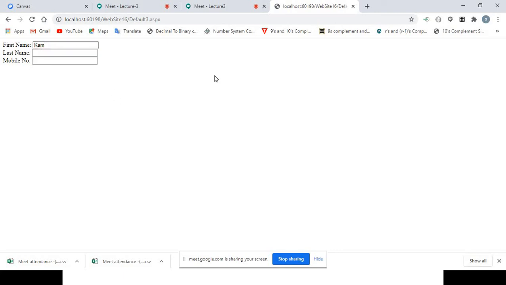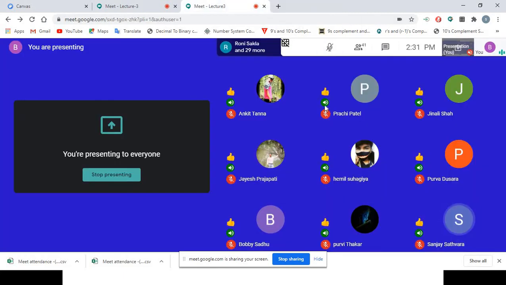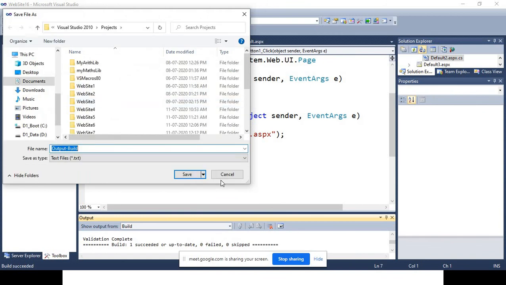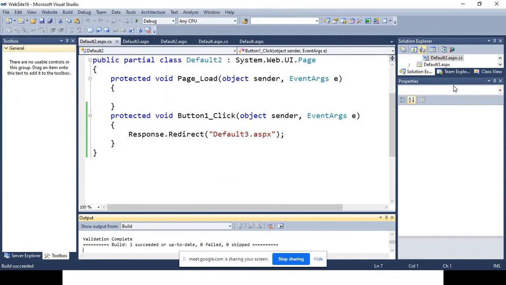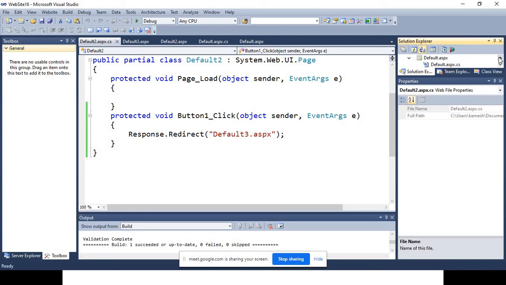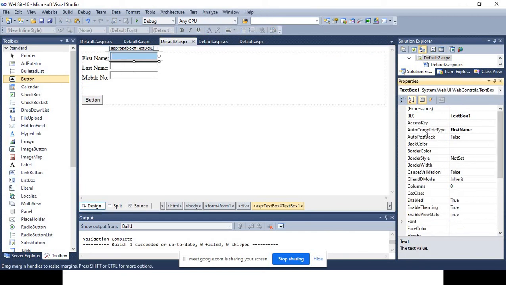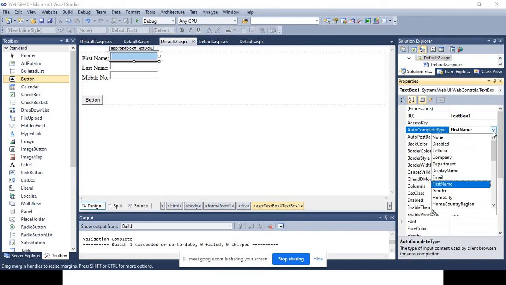So this is a small functionality which is available in the ASPX text box, and it is a property of the text box, called the autocomplete class. Here there are so many classes given. If you want to disable this, you can go ahead with none.